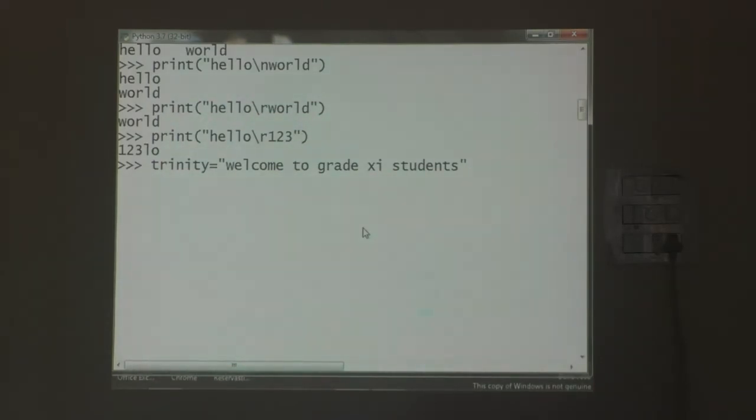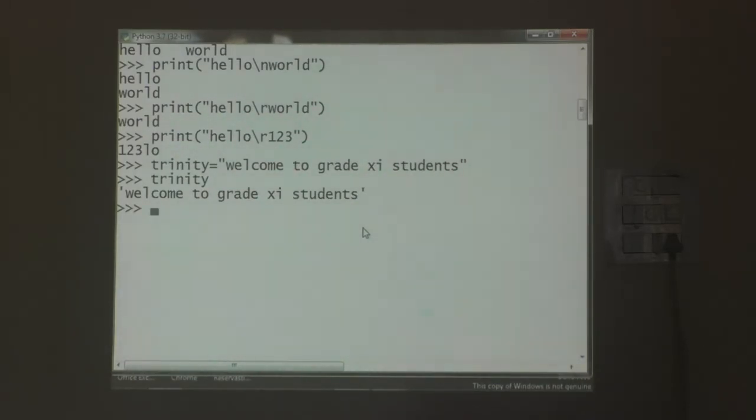That is a single line string. That's no problem. Suppose I want to display the value of the variable Trinity, it displays what I have given, welcome to grade 11 students. This is an example of a single line string.